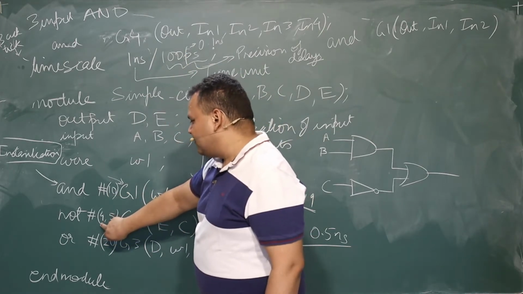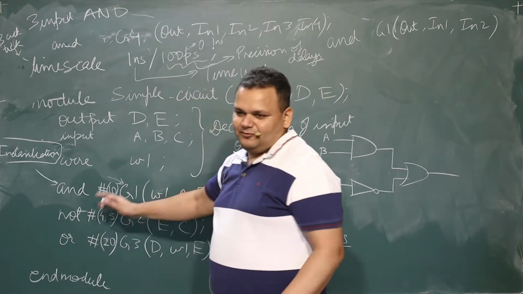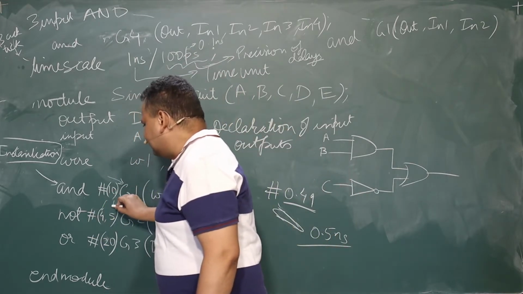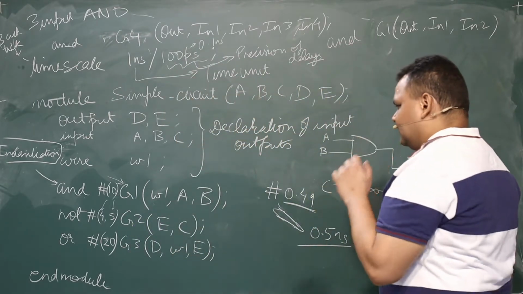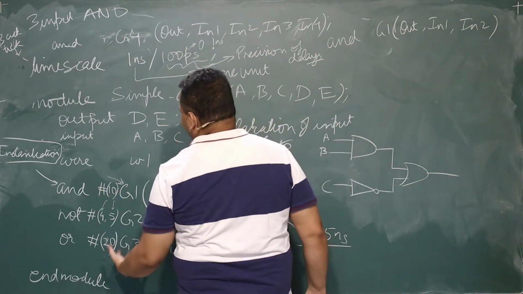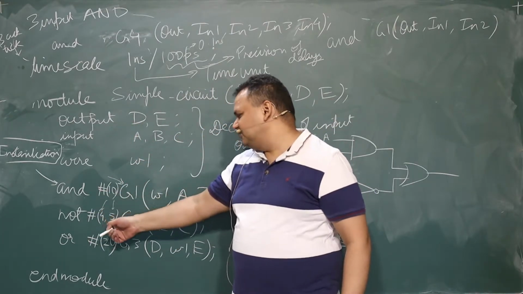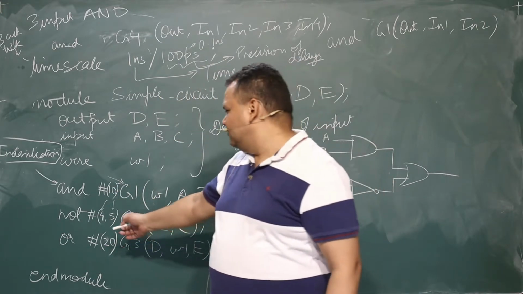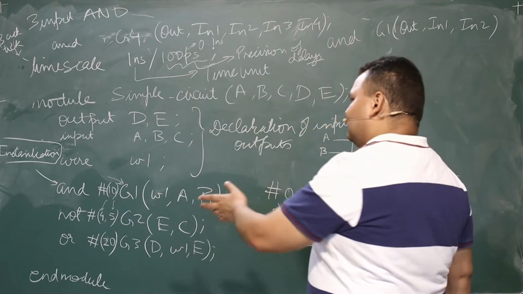When I mention 4, 5 with a comma, if I mention two numbers, the first one is your rise time and the second one is your fall time. This is more accurate than that, but sometimes you might not have the different values available to you, then you can choose one time. But if you have the two values available to you, it is better to always describe them separately.